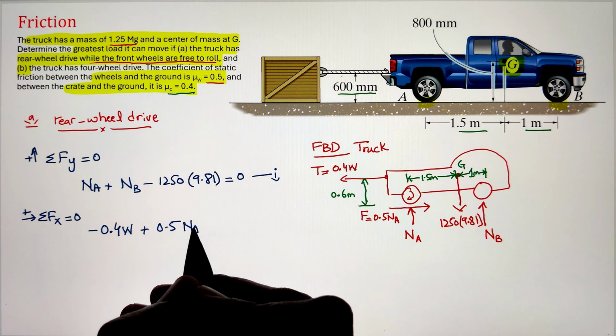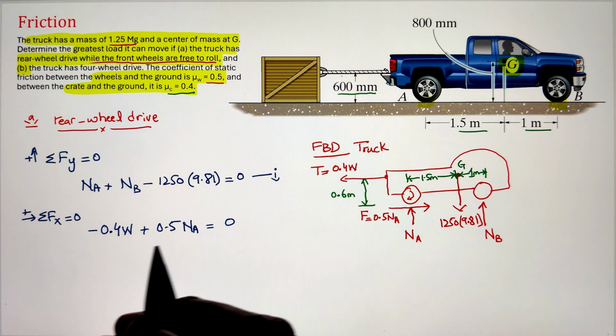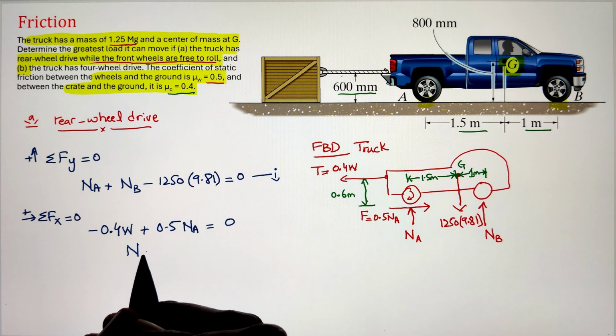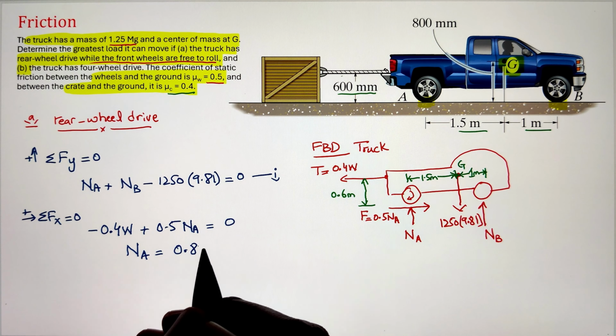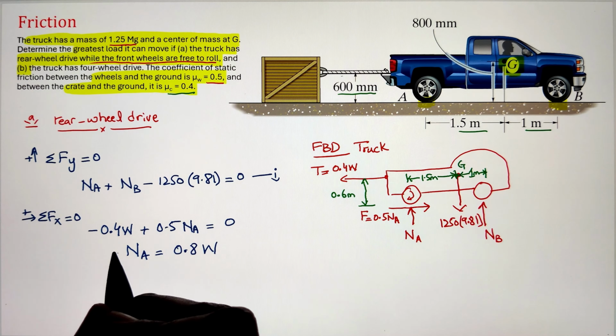That's why it is taken as positive. Next, we can simplify and represent our normal force Na equals 0.8 times the weight. Finally, we are going to write our summation of